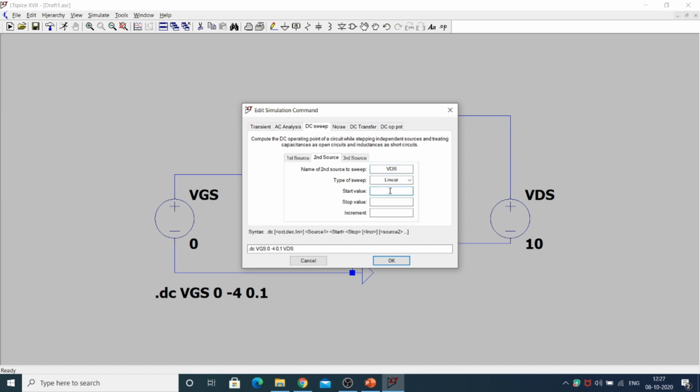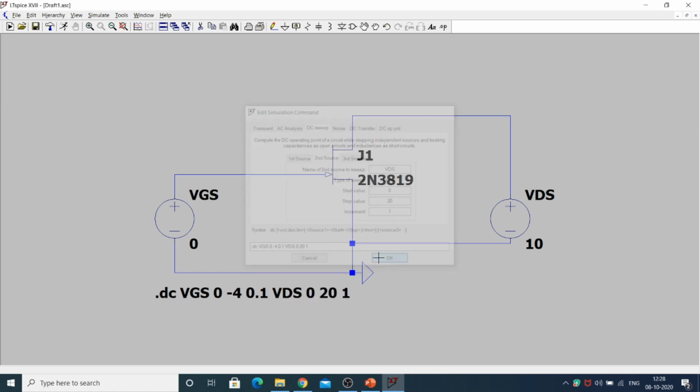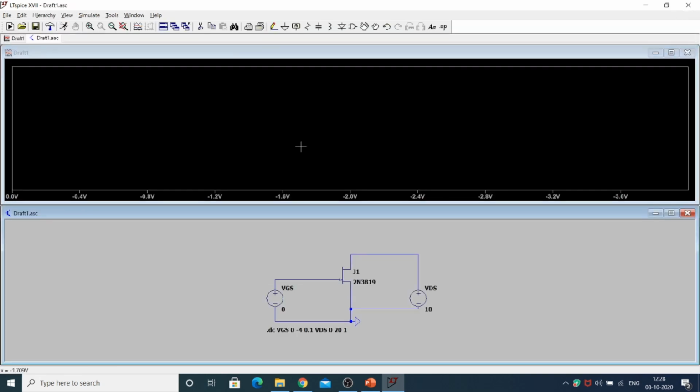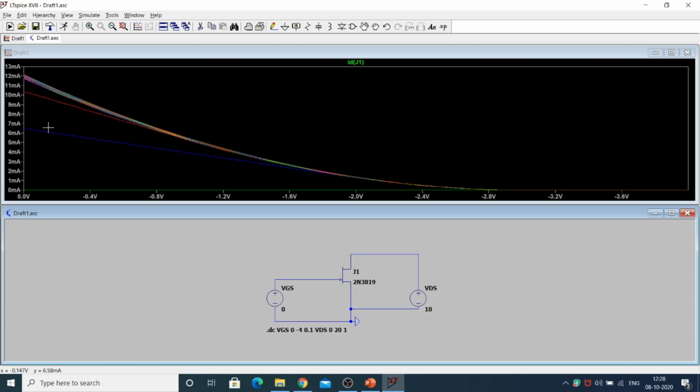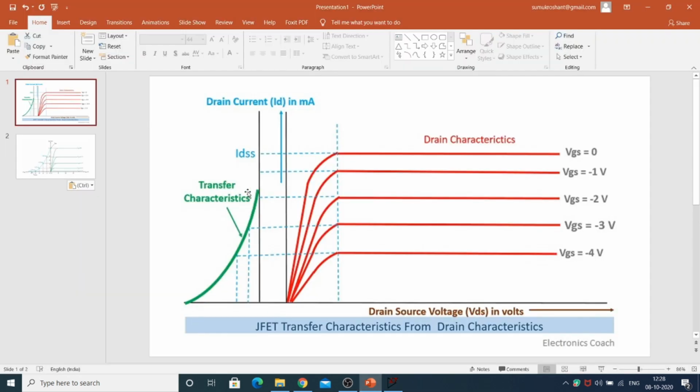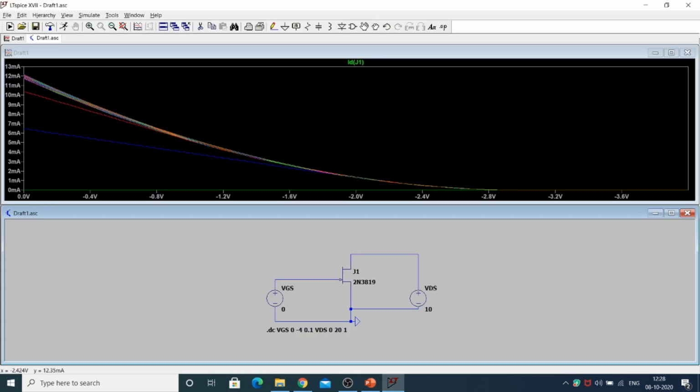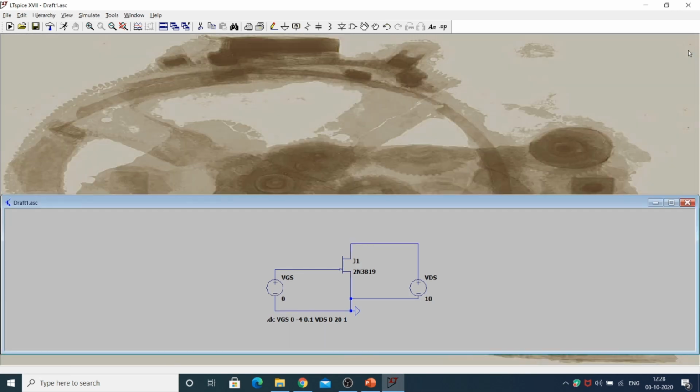I'll keep it as 0 to 20, sorry, 0 to 20, with increment steps of 1. I'll keep it like this. Now run. Observe the drain characteristics. You will be getting the different transfer characteristics. Fine. Now you have to observe the output characteristics.